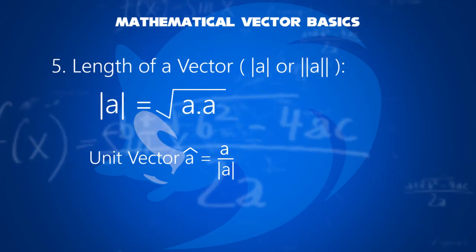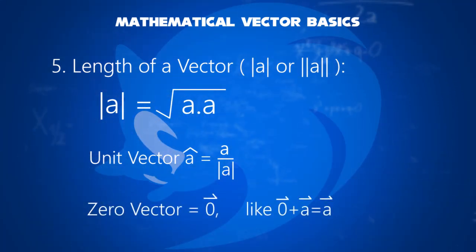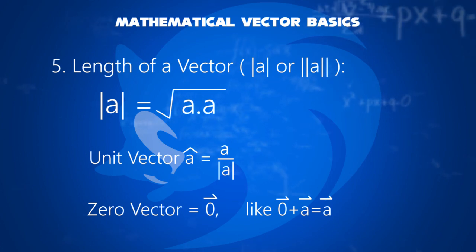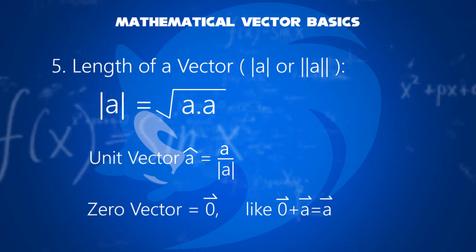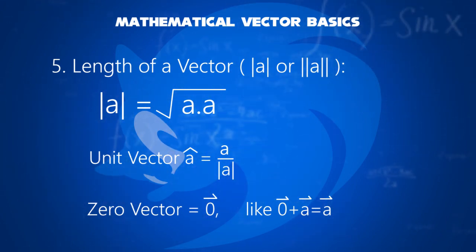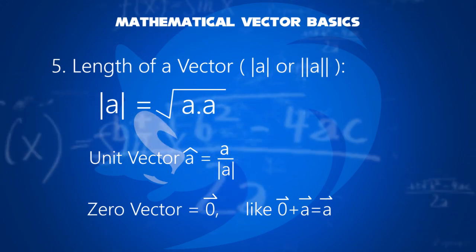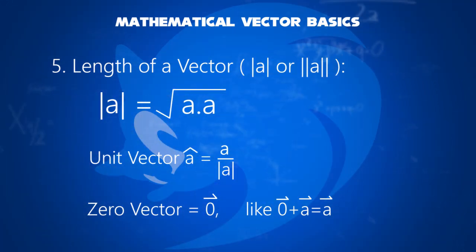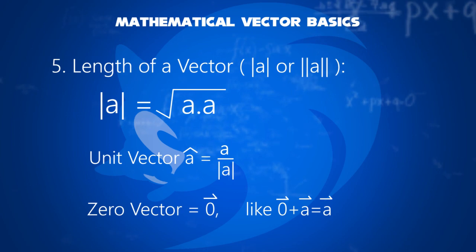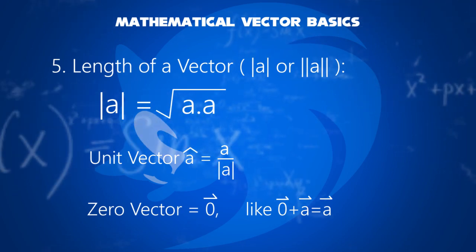normalizing a vector. And if it is a zero vector, the mark is at the origin, and its symbol is 0 with an overhead arrow. It has an arbitrary or indeterminate direction, and cannot be normalized. The sum of the zero vector is 0 plus a equals a. So, these are the basic properties of